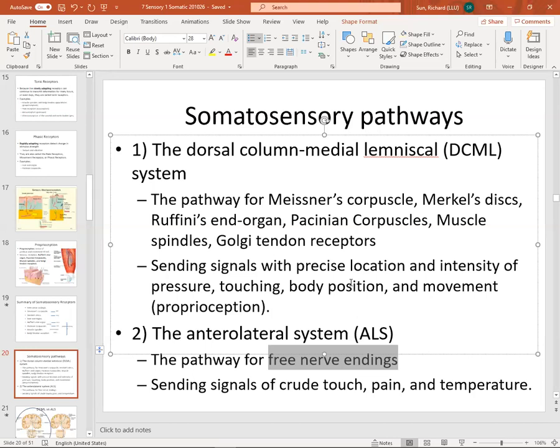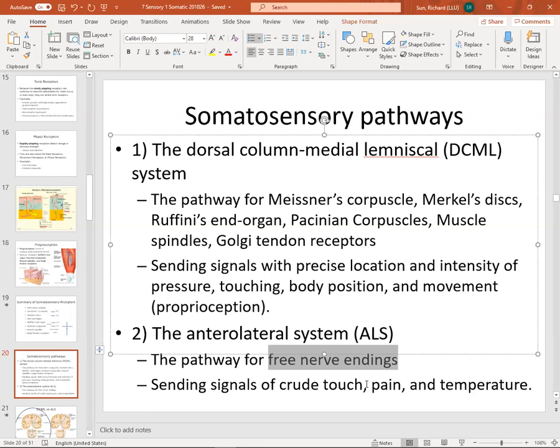In the skin, it will be easier, because even though the free nerve ending is not very location specific, when you scratch it or something, you also stimulate the tactile receptors. So you will get the idea where this pain or sensation is located. But it's still sometimes very difficult,